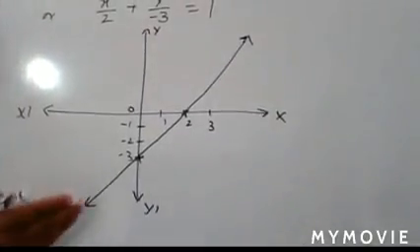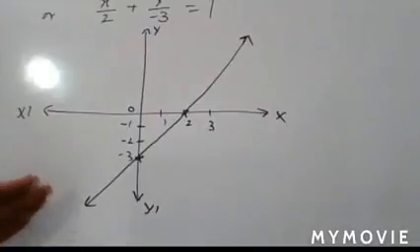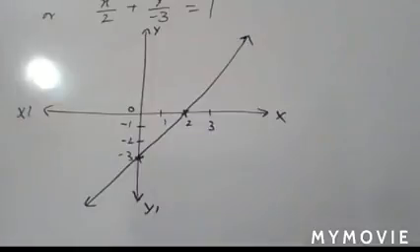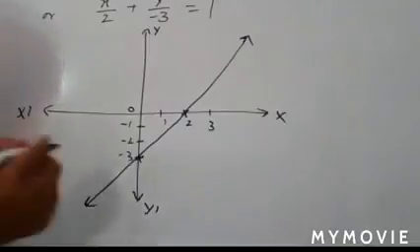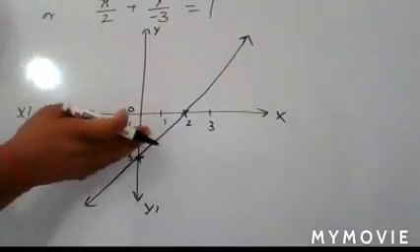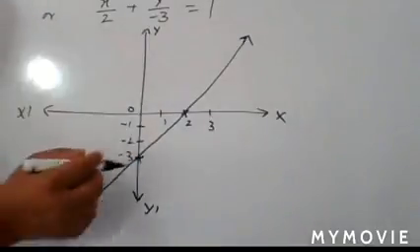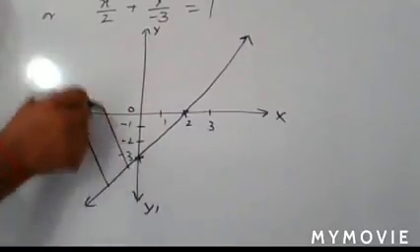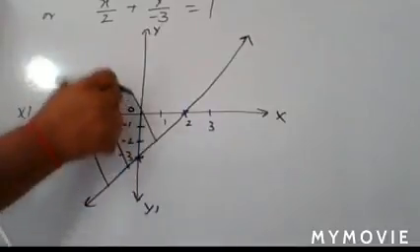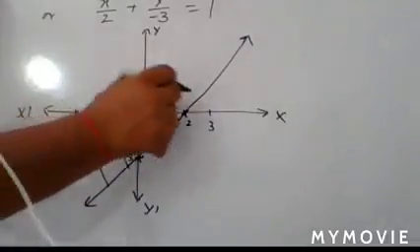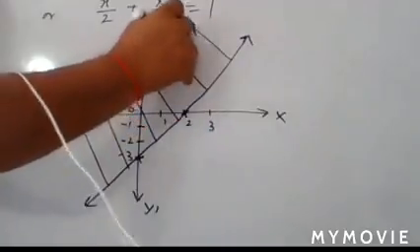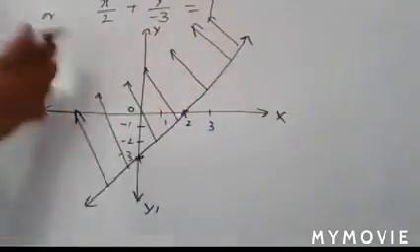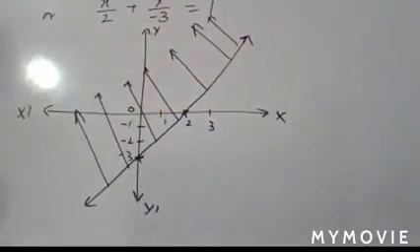So what do you do? You have to shade the half plane containing the origin, because the inequality is satisfied by the test point 0, 0. For this line, your origin is above the line, so you have to mark an arrow in the upward direction. All of that is its solution. So your solution is towards the origin.